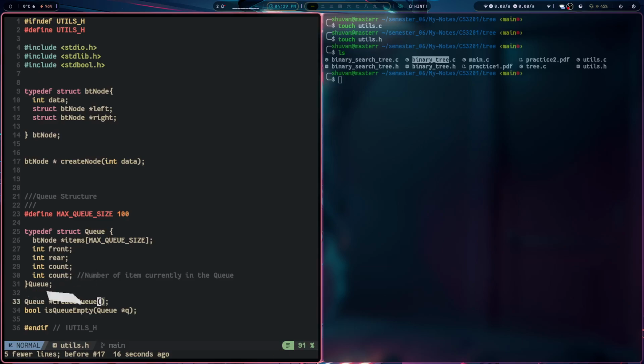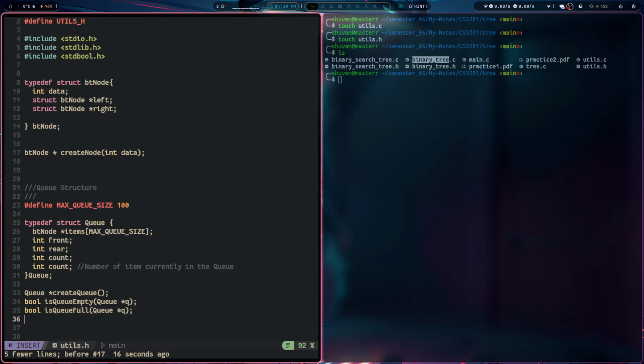Okay, so is the queue empty? Fine. Let's also have something like, is the queue full? The queue full. That's done. Now, of course, we are going to have the basic functions like enqueue, dequeue, and those are going to be the same, bt node